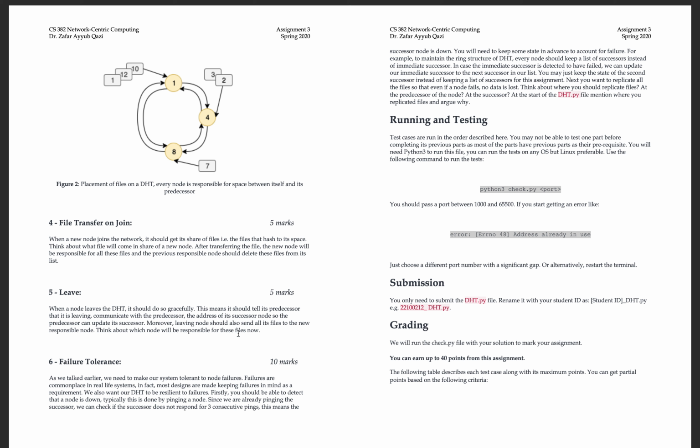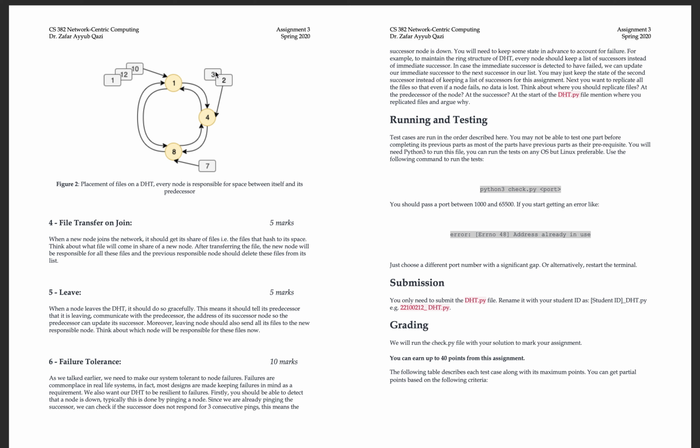The next thing that we need to account for after a failure is to recover the lost files. So for example, as we were talking earlier, if 4 goes down, we do not want 2 and 3 files to be lost, so we need to back this up in advance. You can either back them up on the successor, or on the predecessor.